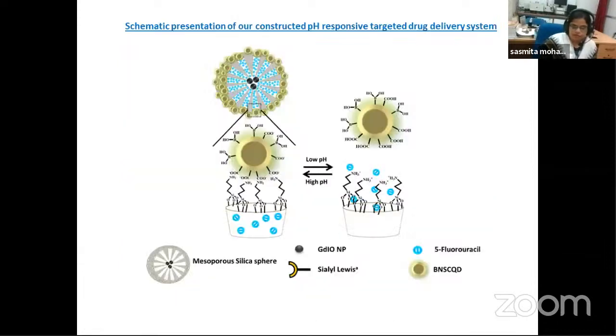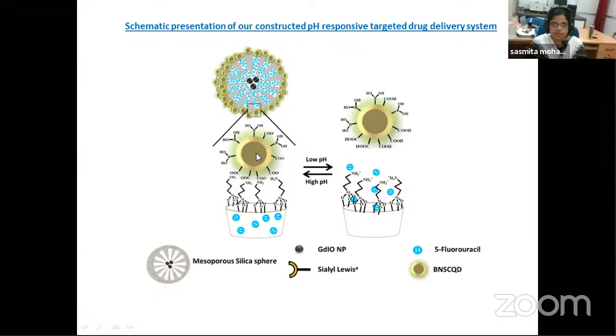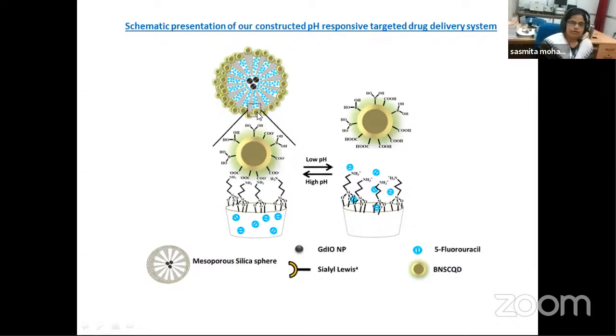So our interest in developing a theranostic particle again dragged us to incorporate this quantum dot on a mesoporous silica surface. Mesoporous silica is a good substrate for loading drugs. Now in this work, we have incorporated both T1 and T2 contrast agents in the center of the mesoporous silica. One thing I can say here, mesoporous silica has pores. This is a porous material, and molecules can diffuse through these pores.